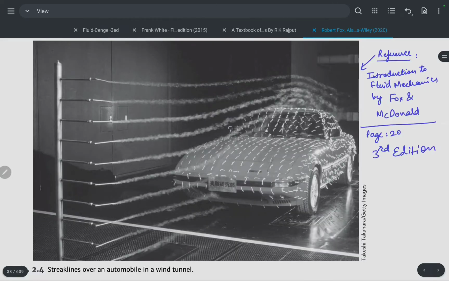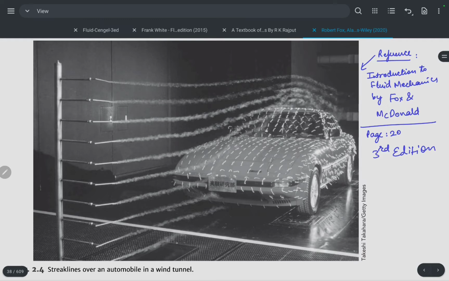And this has been generated by releasing smoke into the flow at 5 fixed upstream points. This visualization is done to get a better understanding of how the flow takes place. Okay,